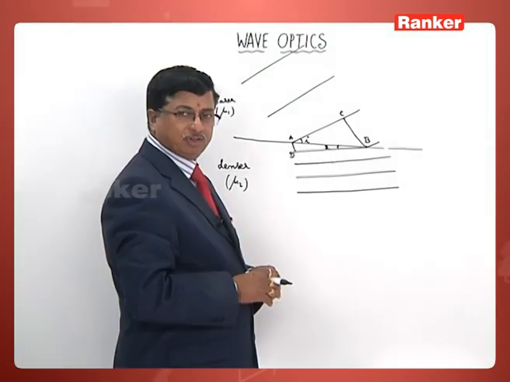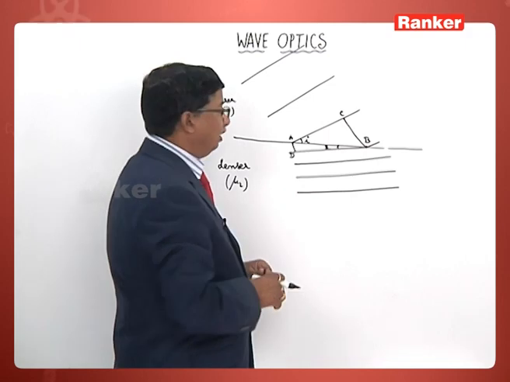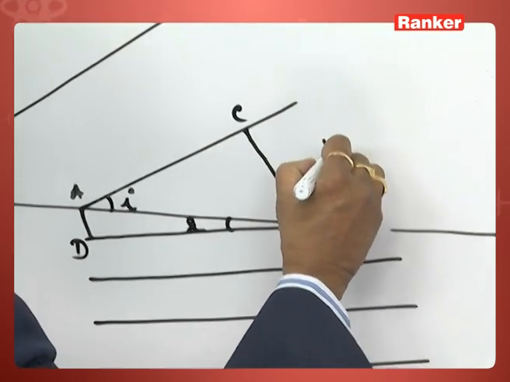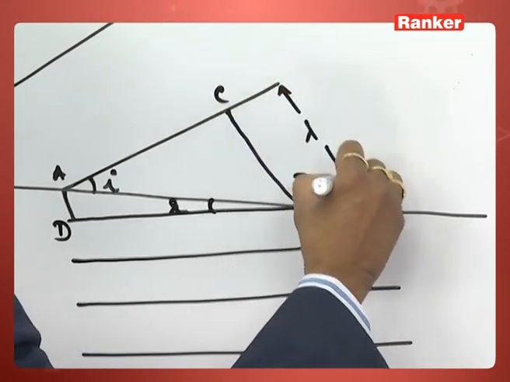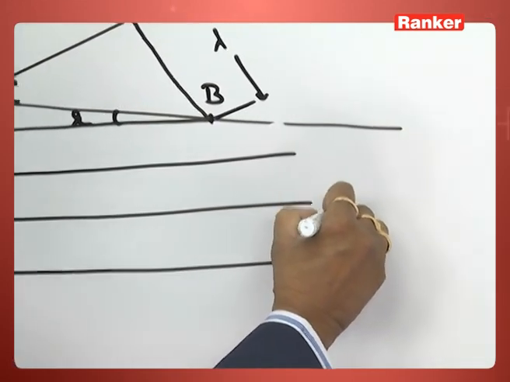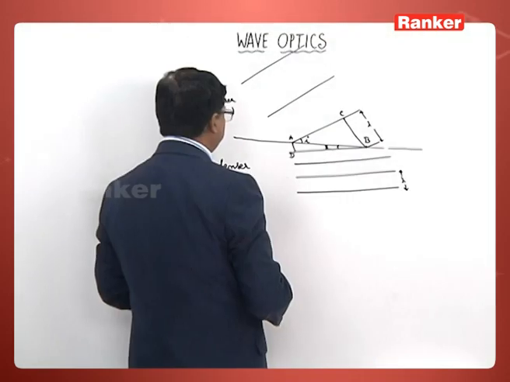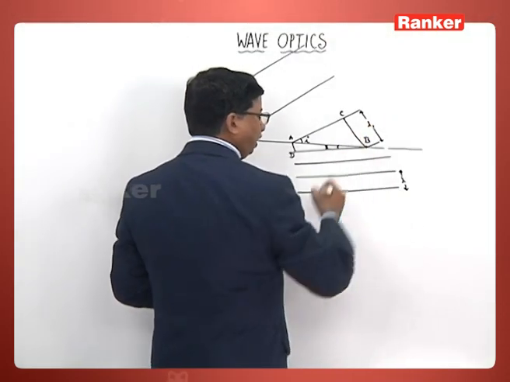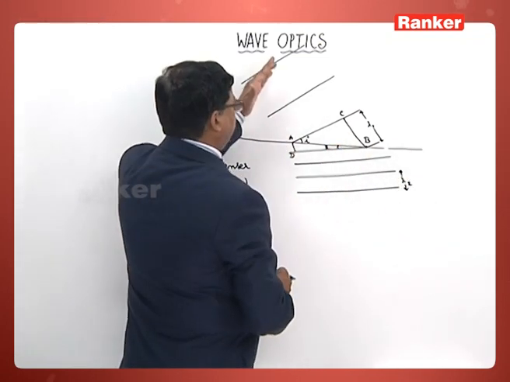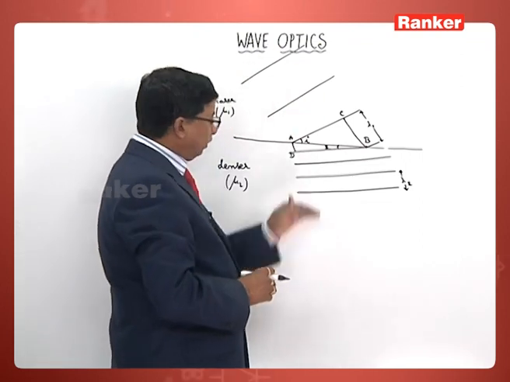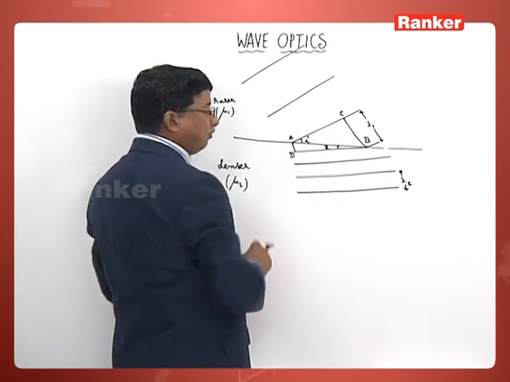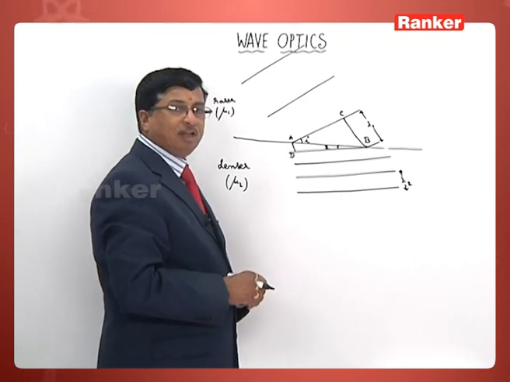This is i. Not only that, one more point we can understand: the distance between two successive wavefronts, we call it lambda. Even here also, the distance between two successive wavefronts we can call lambda. Let us take this lambda as lambda 1 and this wavelength as lambda 2. Now it is entering from a rarer medium into a denser medium this way. This being the angle of incidence and this being the angle of refraction, now I apply Snell's law for this system.